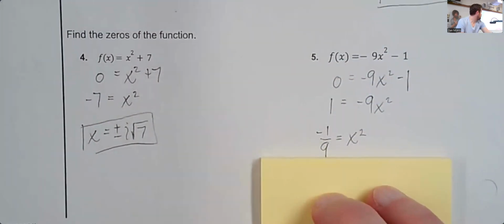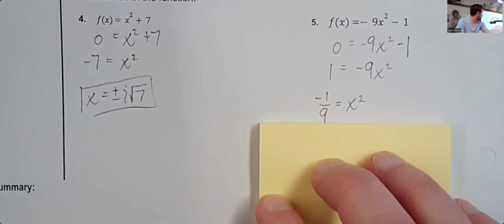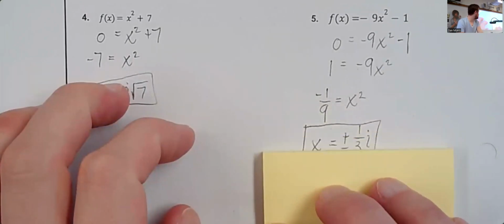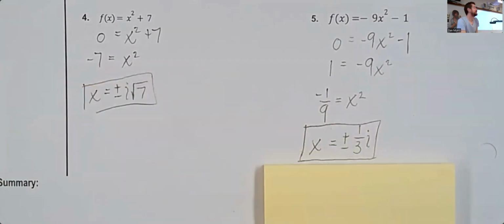And if you square root negative 1/9, or if you square root 1/9, what do you get? 1/3. And include the imaginary unit with that. So you're going to get x is equal to plus or minus 1/3 i. Because 1/9 is a perfect square, and it square roots to 1/3 because the square root of 1 is 1, the square root of 9 is 3, so you get 1/3. Get the imaginary unit out as well, so that would be 1/3 i. So positive and negative